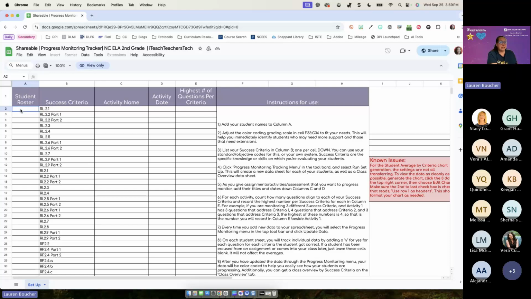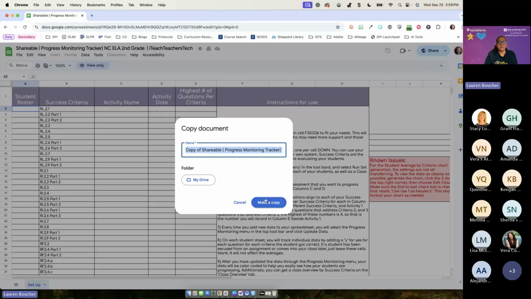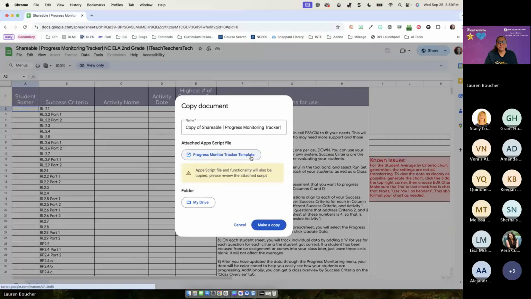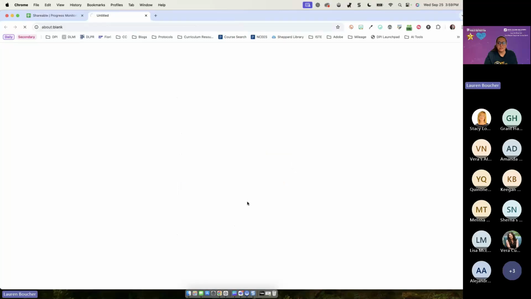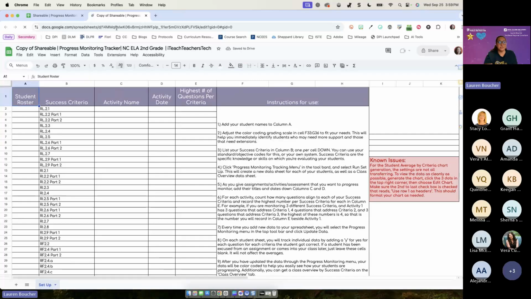So let's see. I know we have Jerry. I'm going to have to make a copy of this. If you make a copy of this, if it's something that you're interested in using, the first time that you use this, you will have to give it permission.